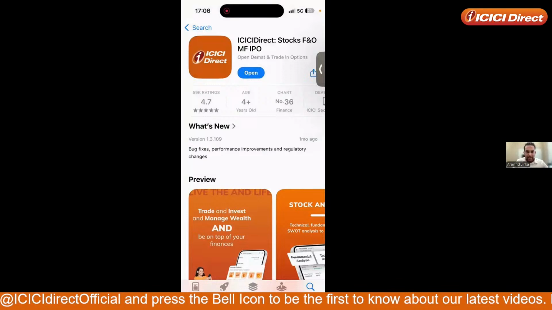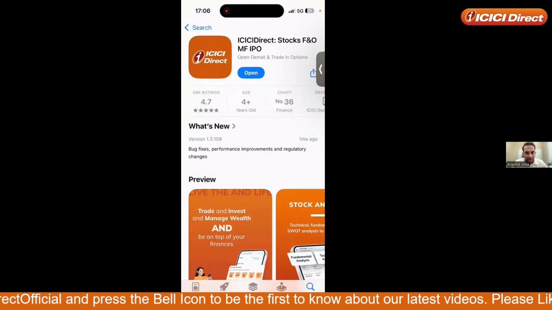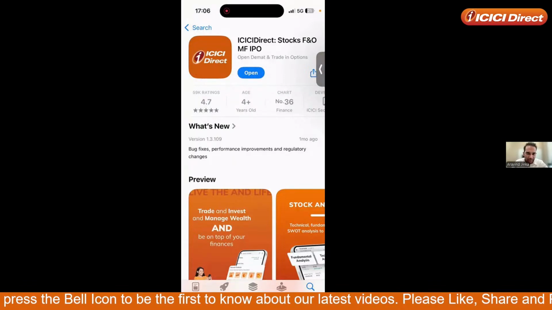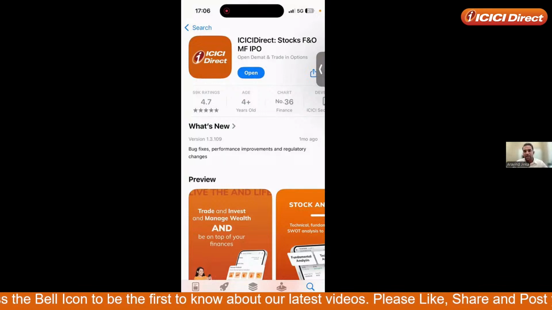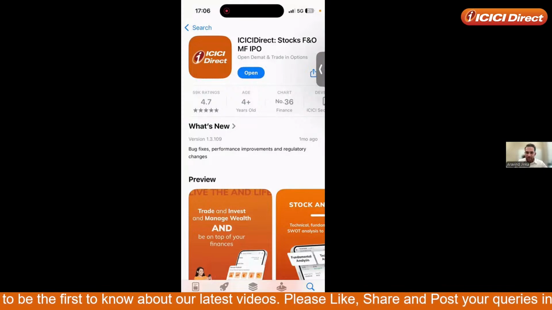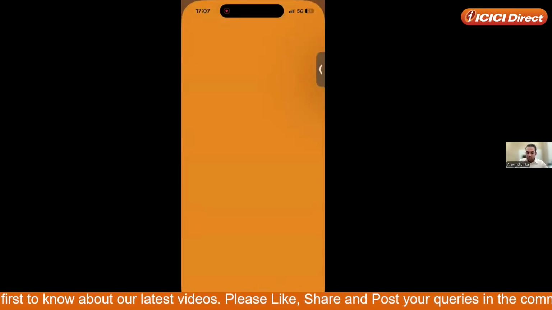I've opened it on iOS. So this is the actual name of the app. Make sure that you install the right app, which is ICICI Direct Stocks F&O MF IPO. You can check for the same in the Google Play Store, or on iOS. Now once I've installed this and try to open the app,